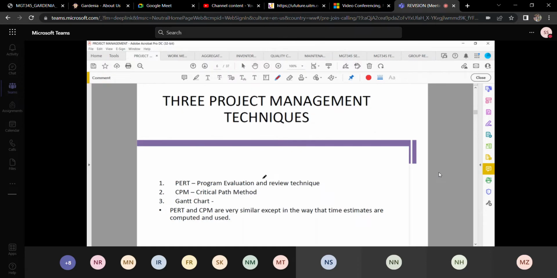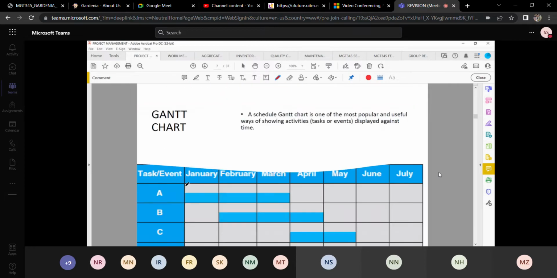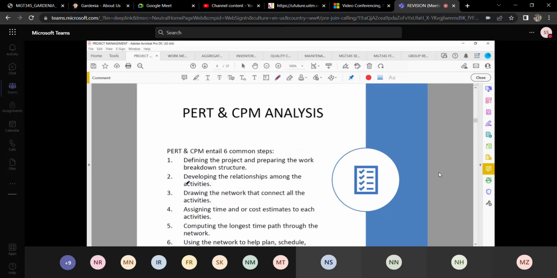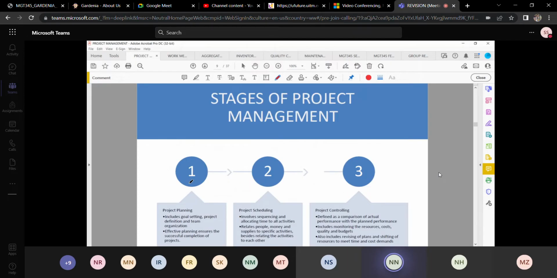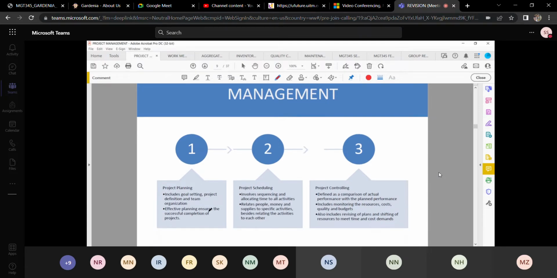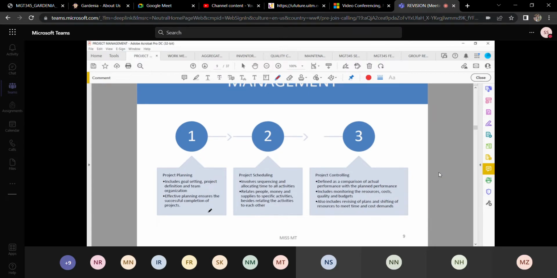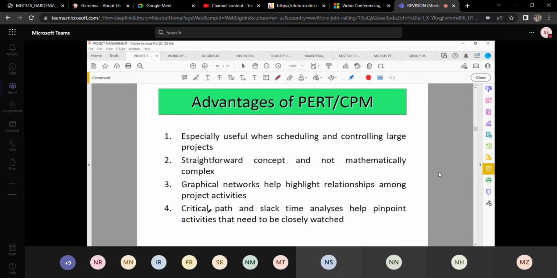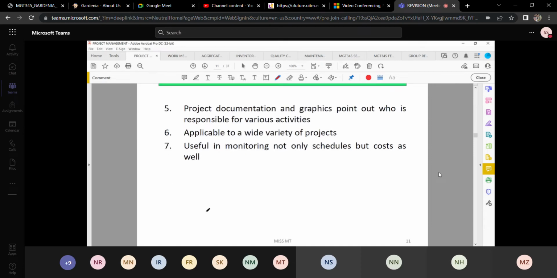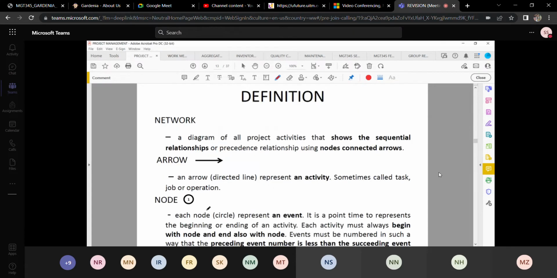The 3 project management techniques, but we are focusing on your syllabus. We are focusing on the PERT diagram, okay, the Project Evaluation and Review Technique. Okay, the PERT analysis, the stages of project management, which consist of project planning, project scheduling, and controlling. The advantages of the PERT diagram, the disadvantages of the PERT diagram, definition of all, the network, the arrow, the nodes,